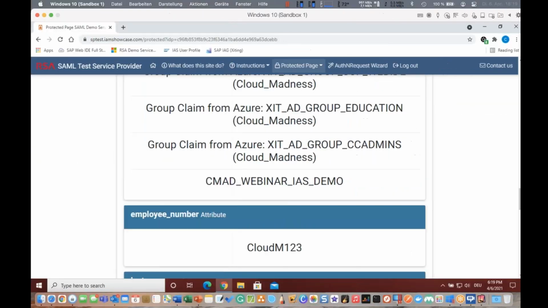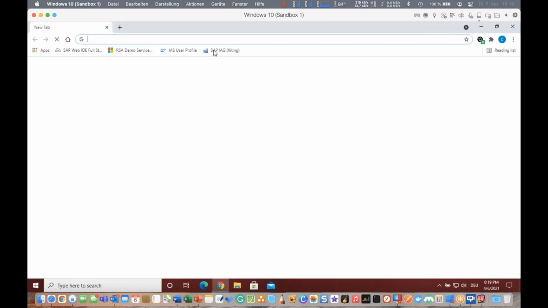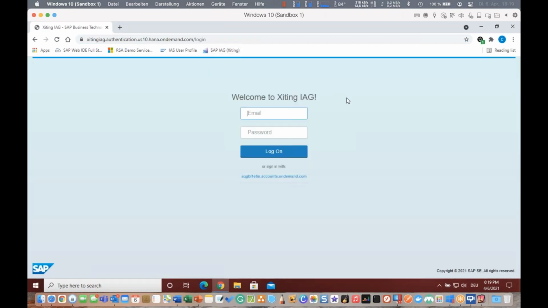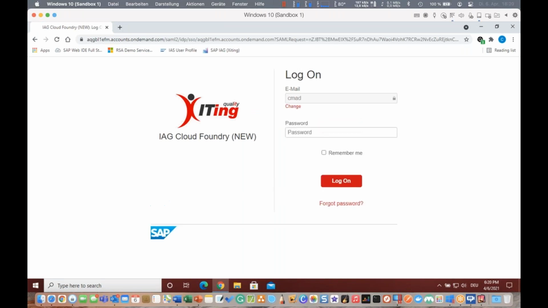We move over to the end user client, and again we connect to our IAG, or at least we try it, and then we should see the login screen from the IAG. This is more or less the default login of the sub ID service. We can easily click here to forward the request to our Exciting IAS tenant. And here I also have a user and a password of the user. Let me just copy that over